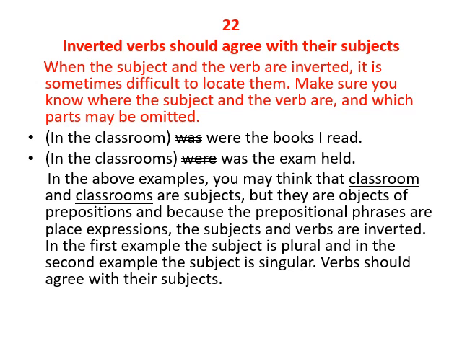طيب ناخد بالنا من احنا عارفين when we invert subjects and verbs يعني ان نجيب الفعل قبل الفاعل. you know that. طيب inverted verbs should agree with their subject. when the subject and the verb are inverted لما بيجي الفعل قبل الفاعل it is sometimes difficult to locate them. ساعات ما بنبقاش عارفين طريقهم يعني. make sure you know where the subject and the verb are and which parts may be omitted. ايه اللي ممكن احذفه؟